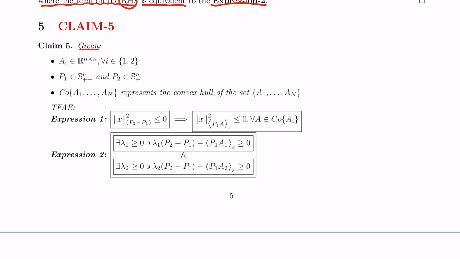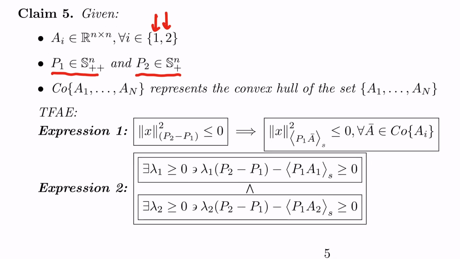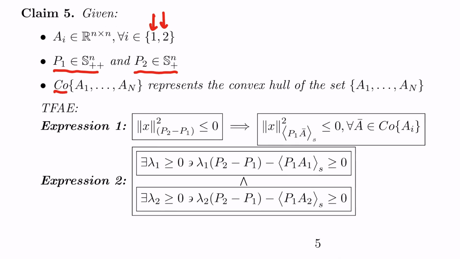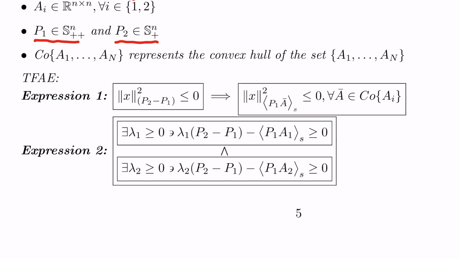So this claim says that, one more time, we have the A_i, not artificial intelligence, matrices, A1 and A2, and then we have a strictly positive definite symmetric P1 matrix, and a positive semi-definite P2 matrix. And again this expression denotes the convex hull of the sets of the points. All right, the following are equivalent: (f), (g), (e). So expression 1 says that,